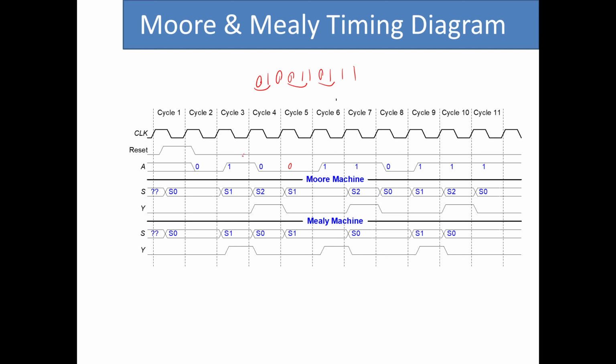On the next edge of the clock, since we have detected a 1 as the input, the Moore FSM goes to state 2. And while we are in state 2, the output is going to be 1. While on the other hand, for the Mealy FSM, since we have a direct connection between the input